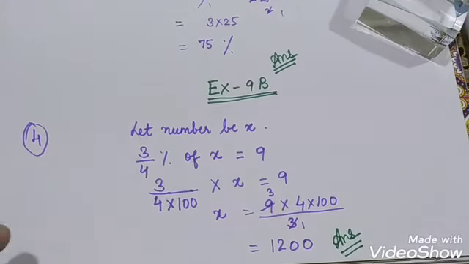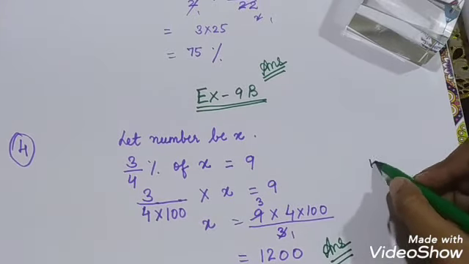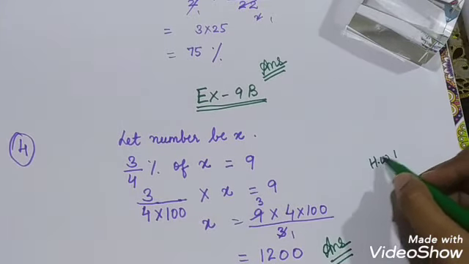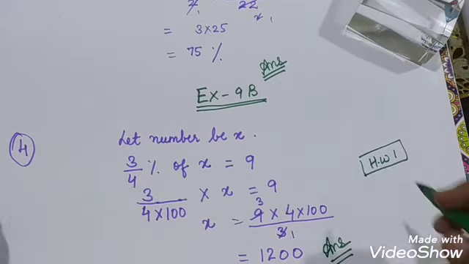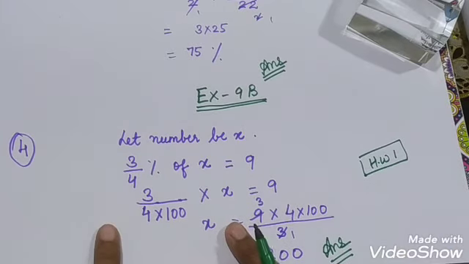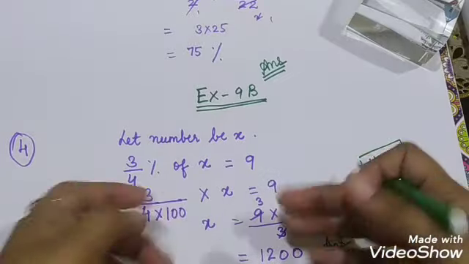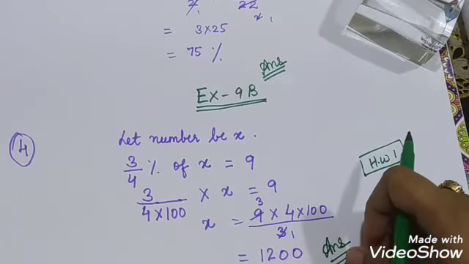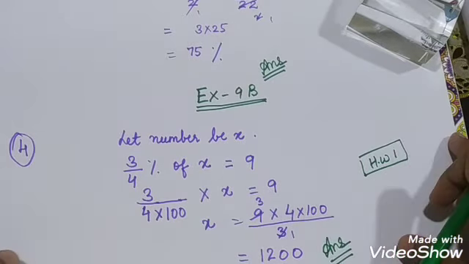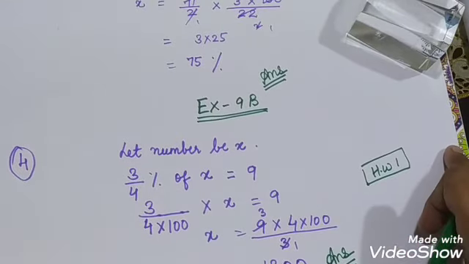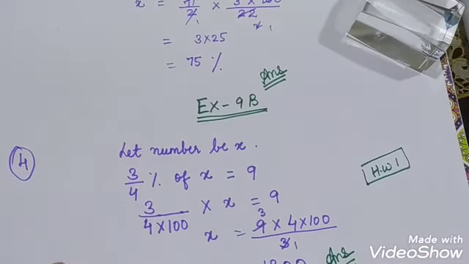So all the questions will be solved in the same way. So homework is question number 1. Solve only question number 1 and practice 4. And if you want to solve question number 3 and also they are of the same type, you can solve in your rough copy. Okay. Now we will move towards the next question, question number 6.